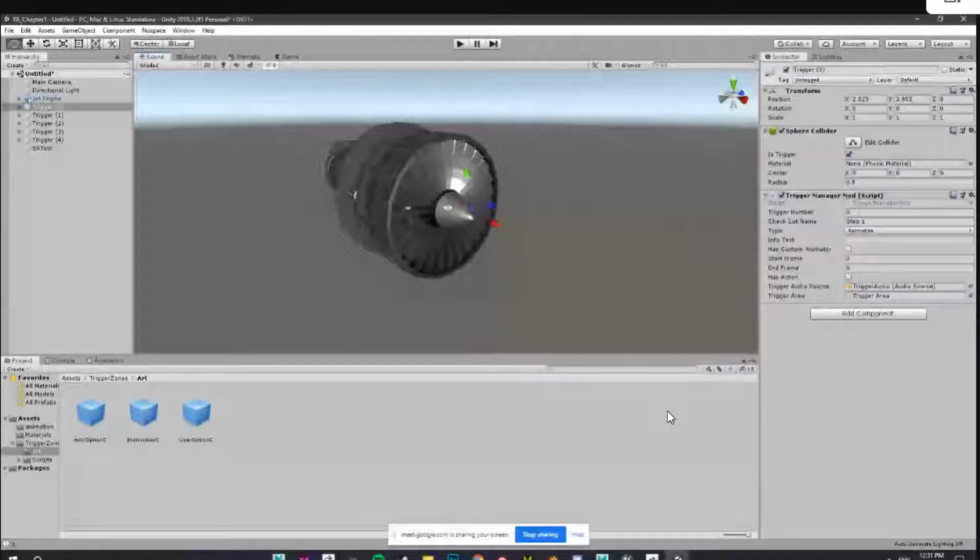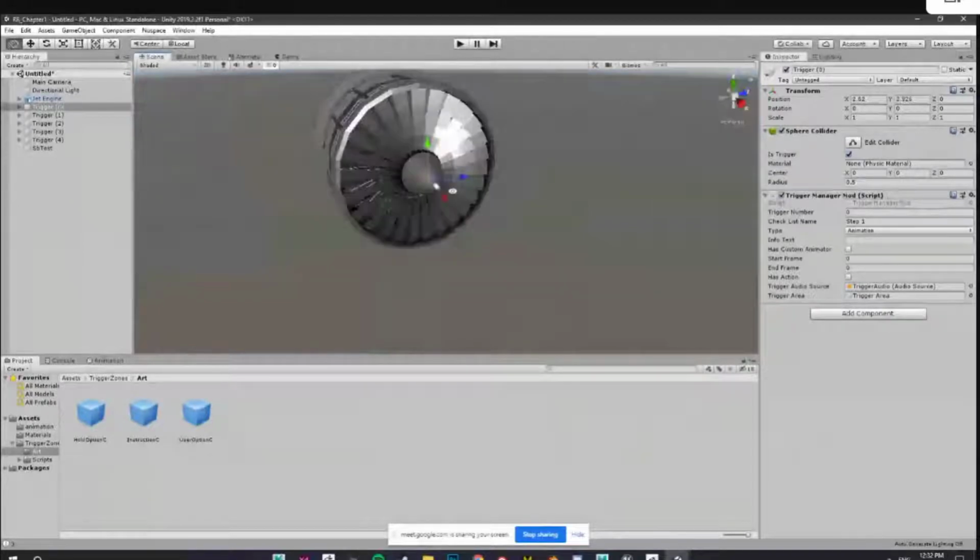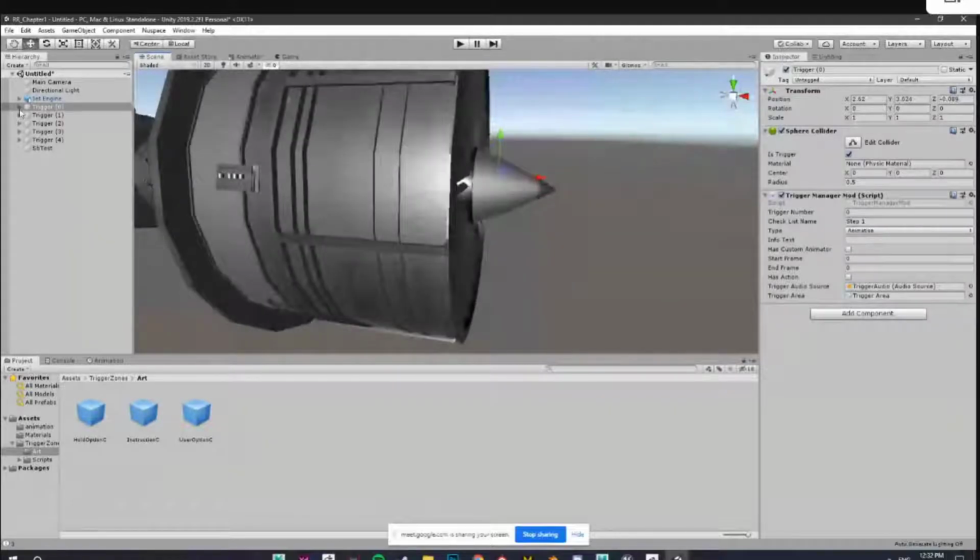Okay. So this is the trigger, right? Once we have created triggers, most of them are at position 0, 0, 0. So if we want the animation to happen when we click on this, we have to move this trigger towards this particular place. You're basically moving the trigger to a spot which the user has to click on. Yes, yes.